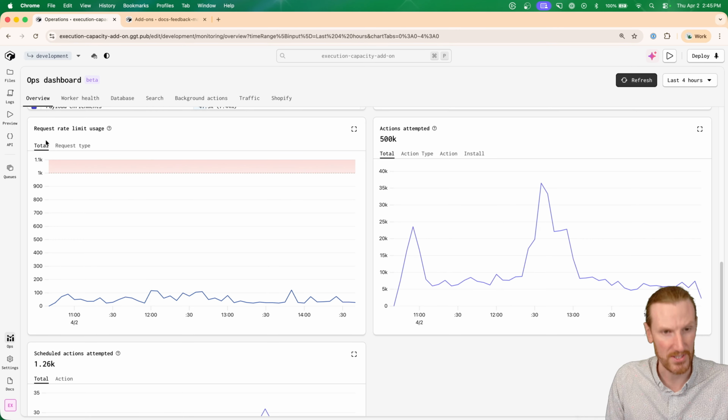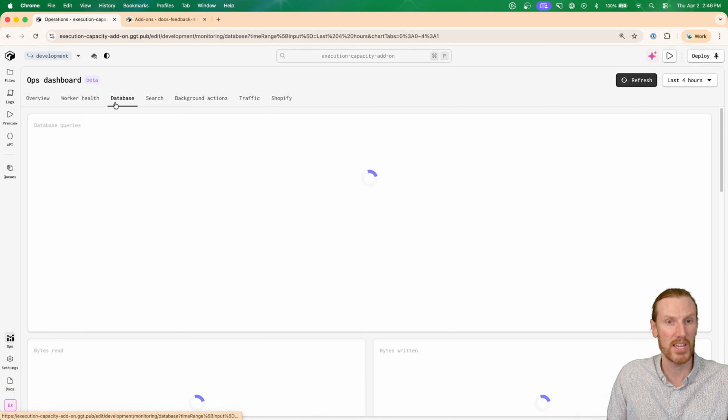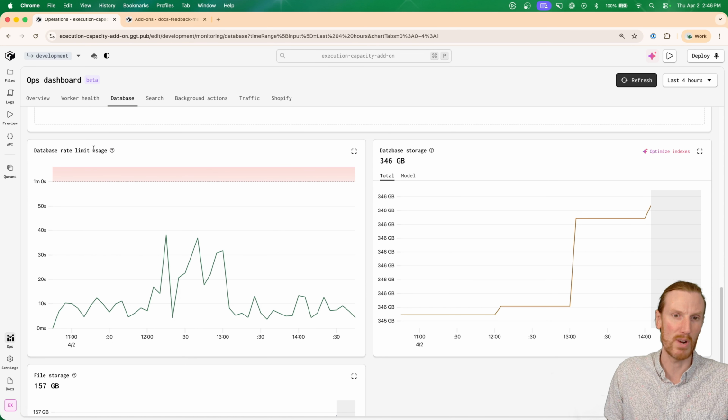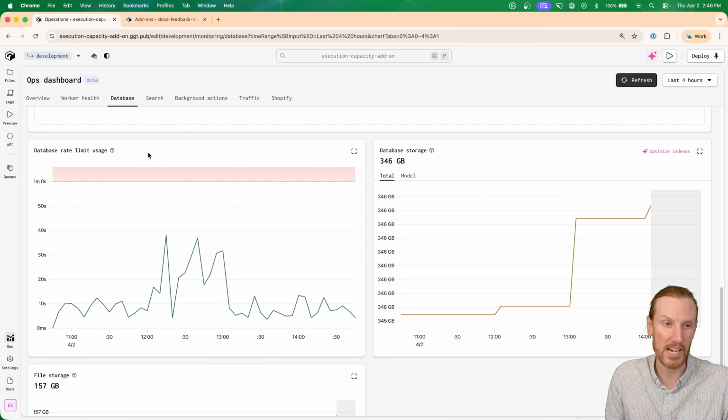on your requests. And if we go to request type, this does apply to internal requests, a request made using your public API, including background actions. All of these are drawing from the same request rate limit pool, as well as any HTTP requests being made against your app. Same thing goes for database. If I go over to my database tab, I have a database rate limit usage chart. If I'm running into the red zone, I can go ahead and purchase additional execution capacity so that I stop